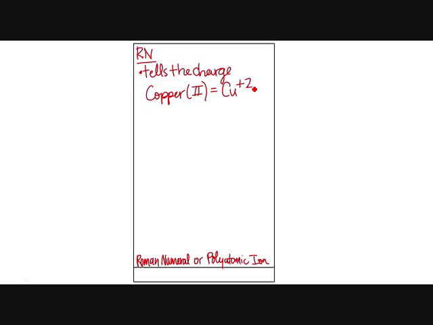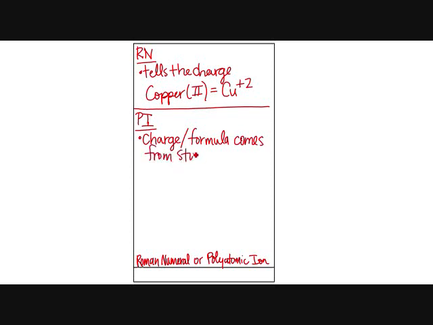It could have a Roman numeral and it could have a polyatomic ion. So this is not an either/or, but it could be both. I'm going to put PI for polyatomic ion. If it has a polyatomic ion, then the charge and formula of the polyatomic ion is what's on your study sheet. So it comes from the study sheet, the half sheet of paper with them all listed on there, what you were supposed to know